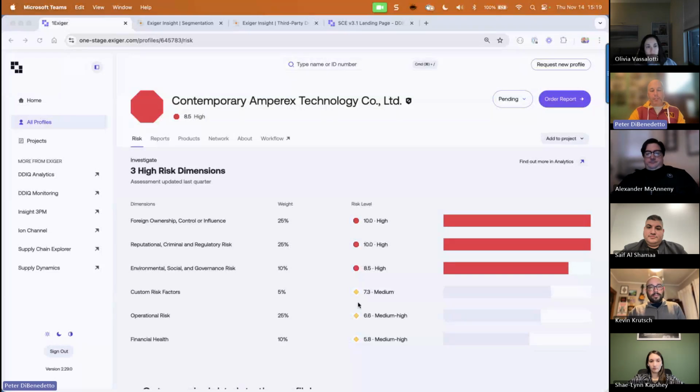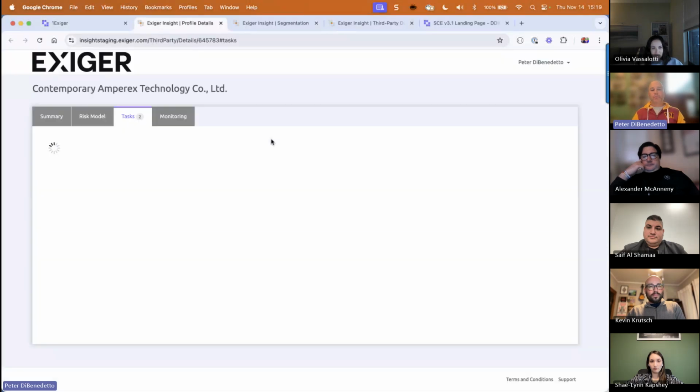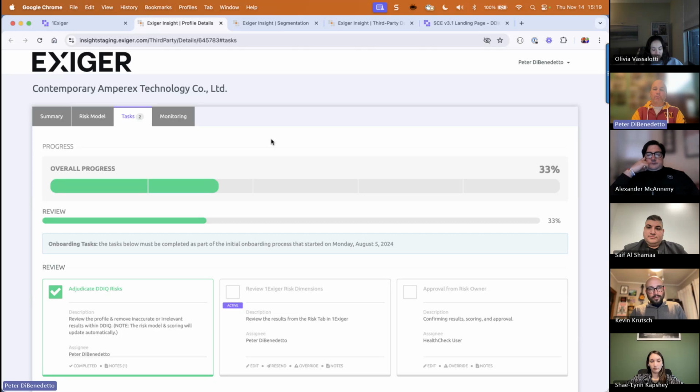So we can review each of these dimensions of risk, but really the goal here is to highlight the breadth of what One Exeger brings to the table through our risk dimension. As I mentioned before, because of the integrated nature of the solution, we're able to look at the workflow for Contemporary Amperex. Typically, the way our workflow works is we will onboard a customer, either through an application programming interface with your ERP system, such as SAP or Ariba, which we have connectors with, or through one of your own homegrown systems, or as I showed you, through a batch upload. What this will automatically do is kick off onboarding workflow. So what you're looking at are steps that have been configured so that you